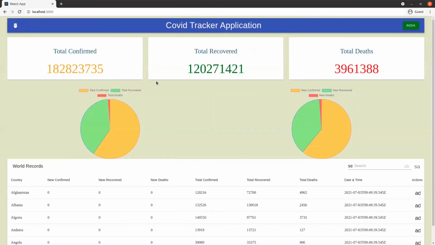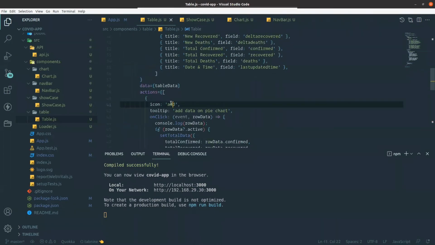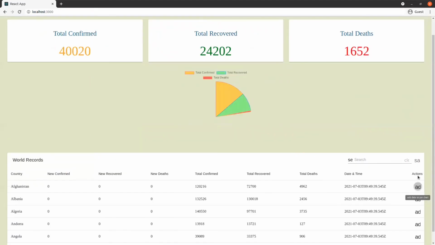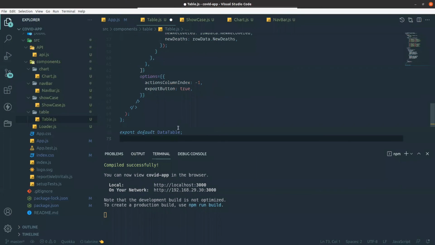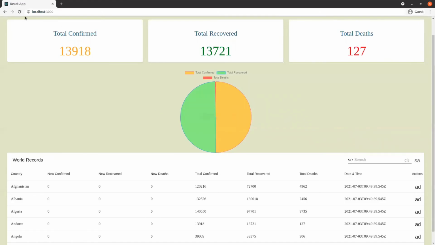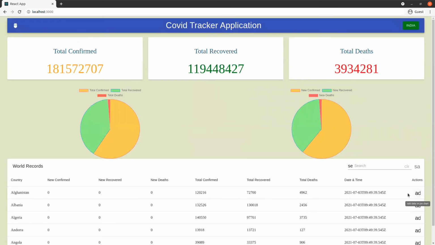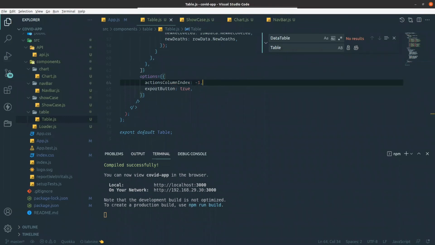There's still some error coming, so I'm reloading it. So it is working. Okay, this logo, that icon, is actually not coming, so I need to check why. Oh, sorry, I need to add one CDN link in that index.html file, not index.css.